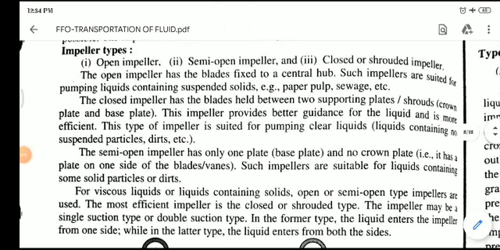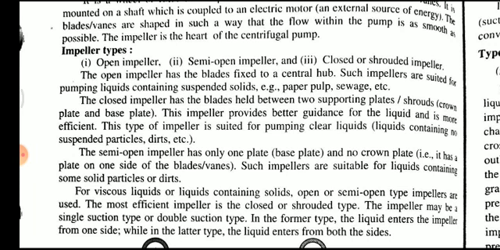The closed impeller has the blades held between two supporting plates, and the shrouds,